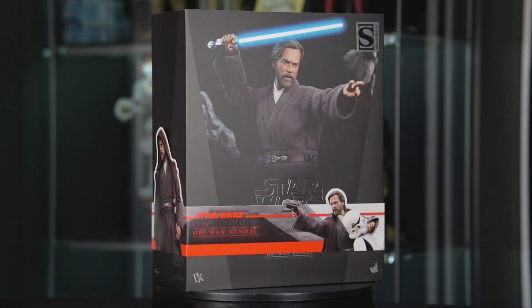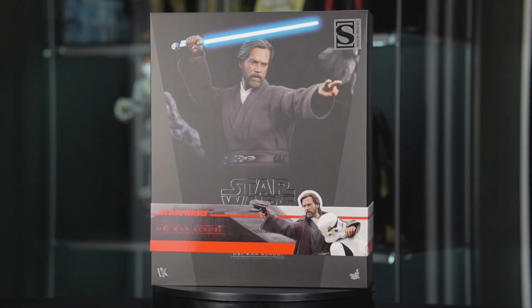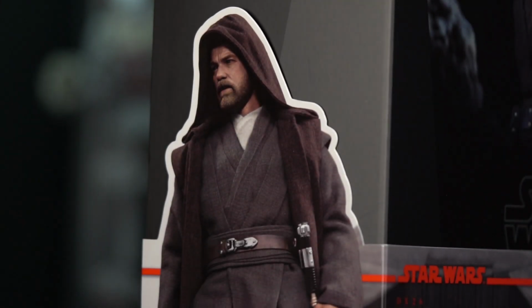This has been a figure I have been waiting for so long to get, and it's finally here 2 years